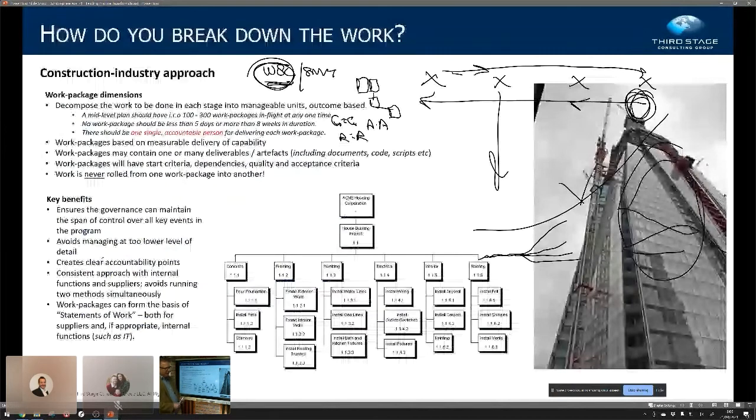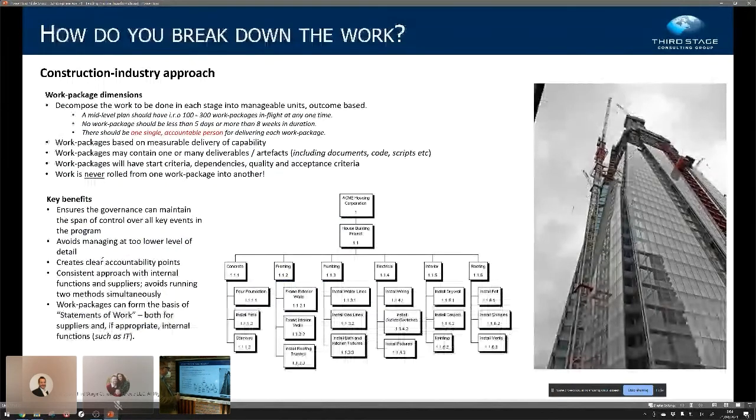So how do you break down the work? Well, the best way I've ever seen this done was in Anderson Consulting. And when I spoke to the partner, he was probably one of their best, actually. This was back in '96. He said, actually, the way they did it in method one was basically the same way that they construct buildings. They split everything up into work packages, and those work packages are decomposed into other work packages until you have low-level detail plans that individual contractors are working on a particular aspect of the building.